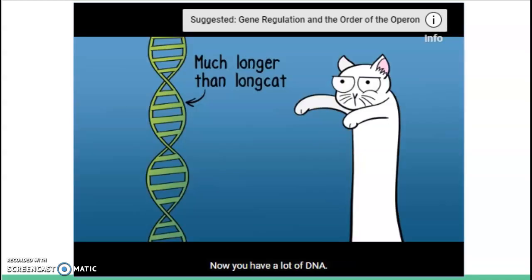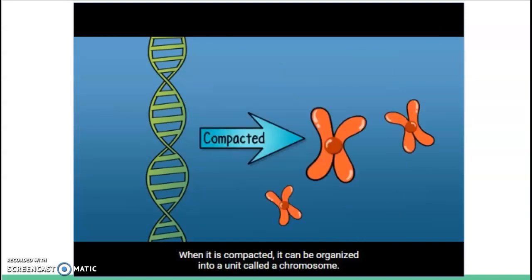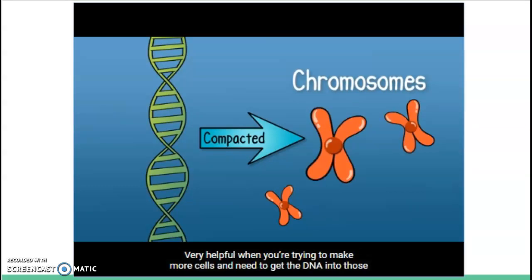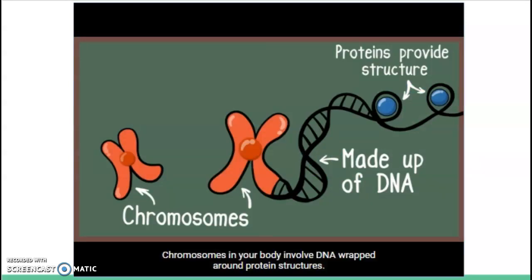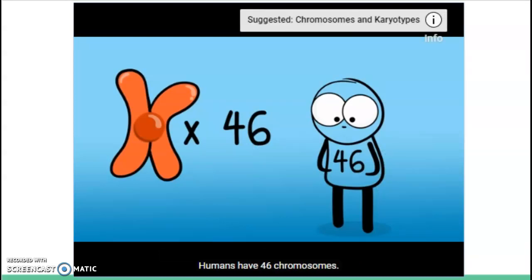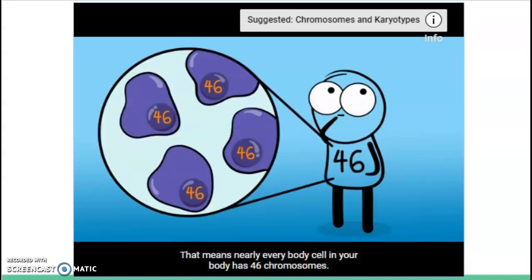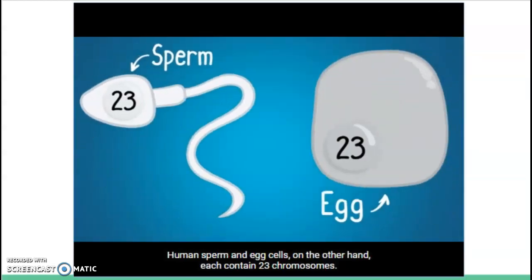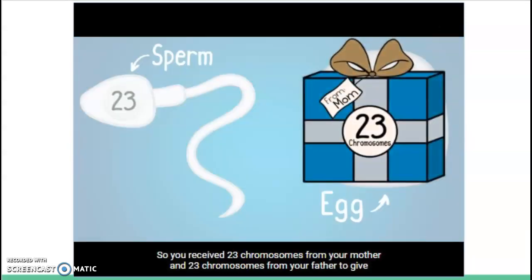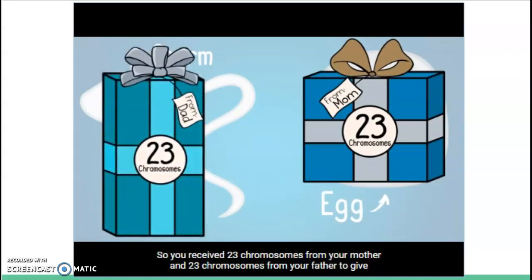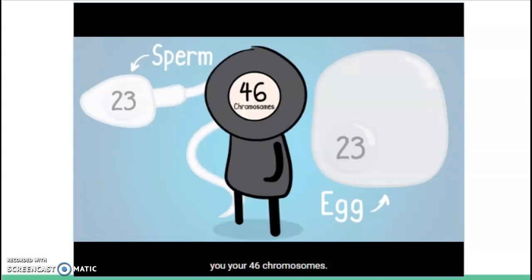Now, you have a lot of DNA. When it's compacted, it can be organized into a unit called a chromosome. Very helpful when you're trying to make more cells and you need to get the DNA into those new cells. Chromosomes in your body involve DNA wrapped around protein structures. Humans have 46 chromosomes. That means nearly every body cell in your body has 46 chromosomes. Human sperm and egg cells, on the other hand, each contain 23 chromosomes. So you receive 23 chromosomes from your mother, 23 chromosomes from your father, to give you your 46 chromosomes,